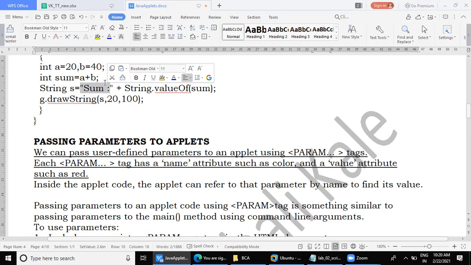What does that valueOf method do? It will convert from integer to string. So far you know string to integer. Can you tell me which is that method? Very good. What was that? Integer.parseInt.